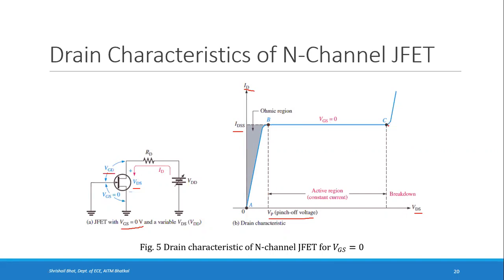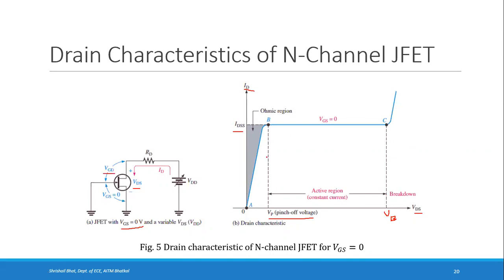If you keep increasing that VDD beyond a certain value, the reverse bias will increase, and if you connect a very high voltage in reverse bias, the junction will break down. So at a certain point, there will be a breakdown. That is called the breakdown region. This is called the breakdown voltage. We can call it VB, the breakdown voltage VB, which is not shown here, but we can show it anyway. This is the breakdown voltage VB, and the region beyond that is called the breakdown region. And the region where you have the constant current is called the active region.